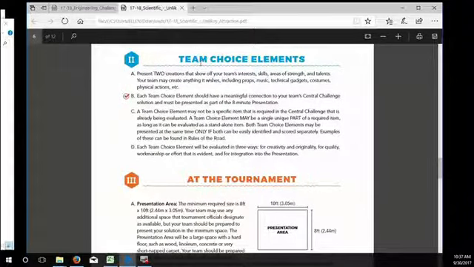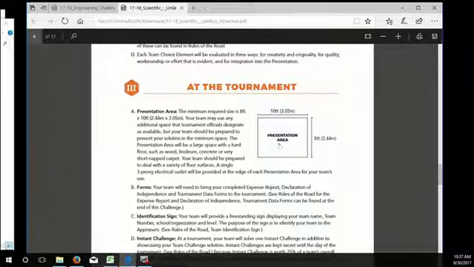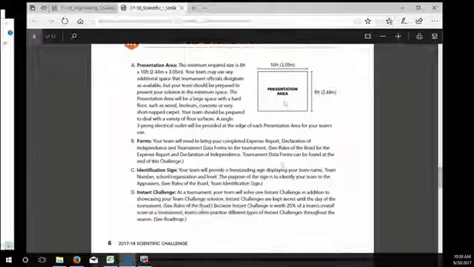This section talks about the team choice elements. This section is the same in every challenge except the improv challenge, which doesn't have team choice elements. So it's exactly the same. There are rules for the team choice elements, and this is one that they will have to explain at the tournament. Then the next section is called At the Tournament, and this will explain a number of different things about